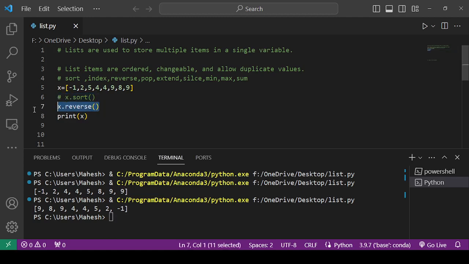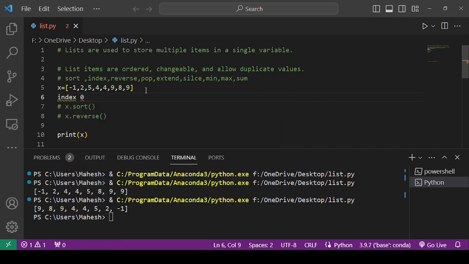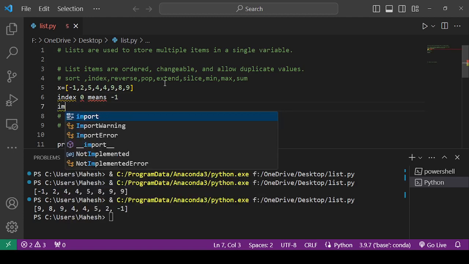So next one, we will understand the concept of indexing. Index 0 means, in this list, -1.